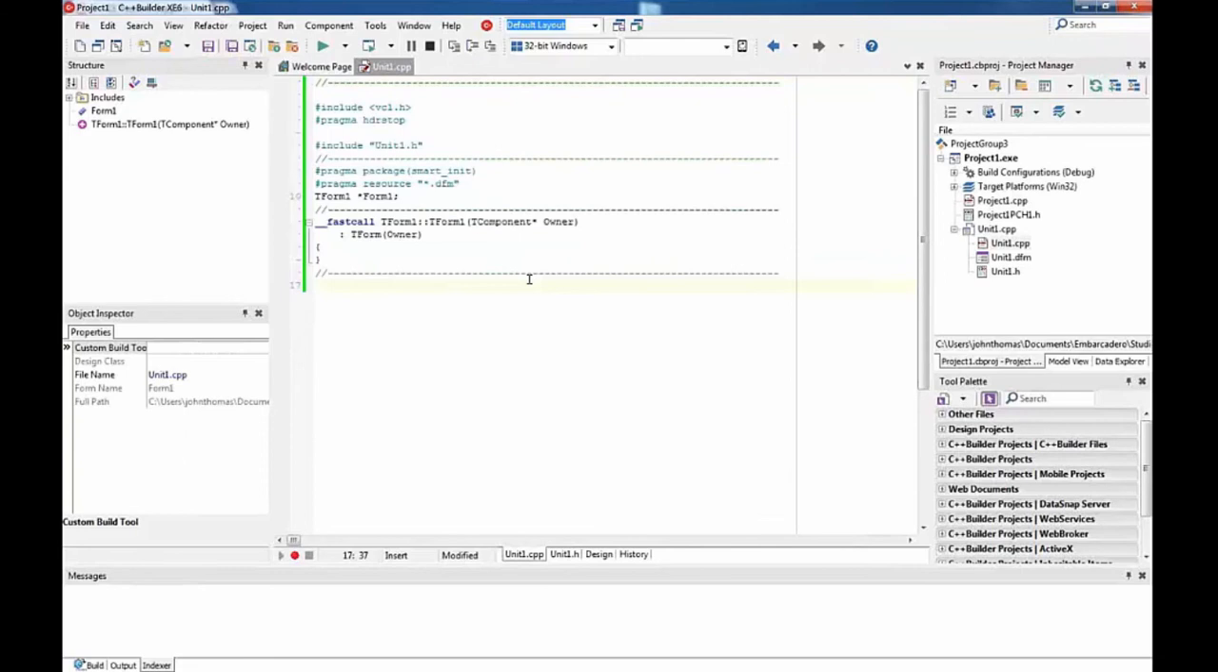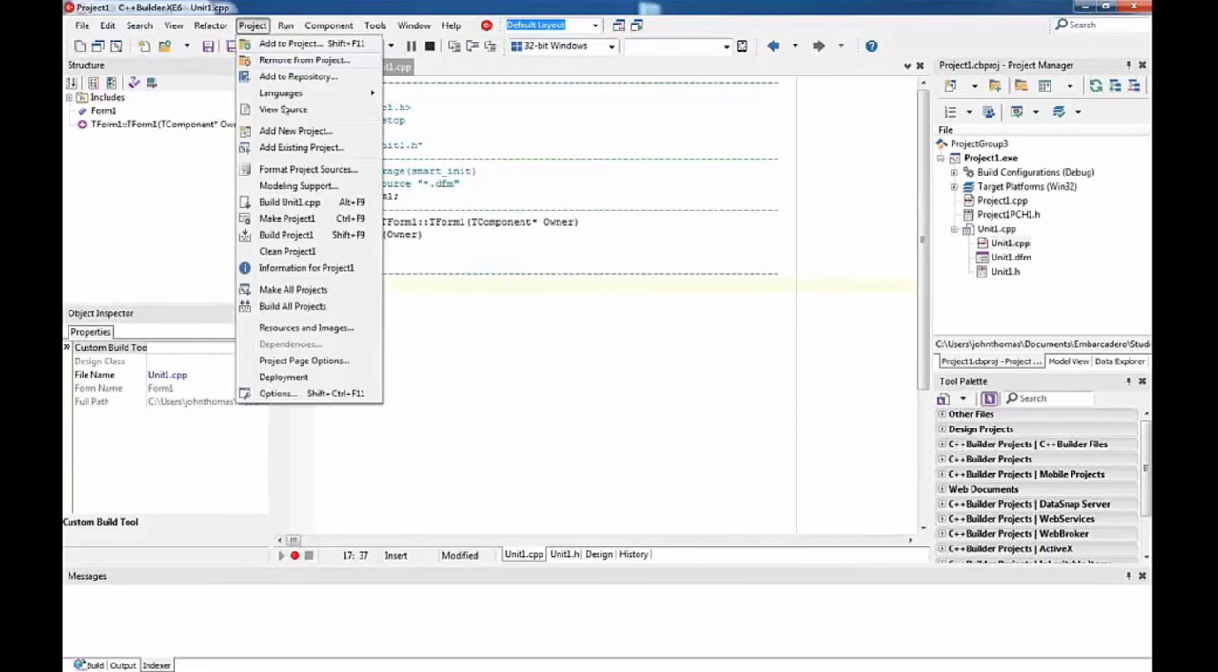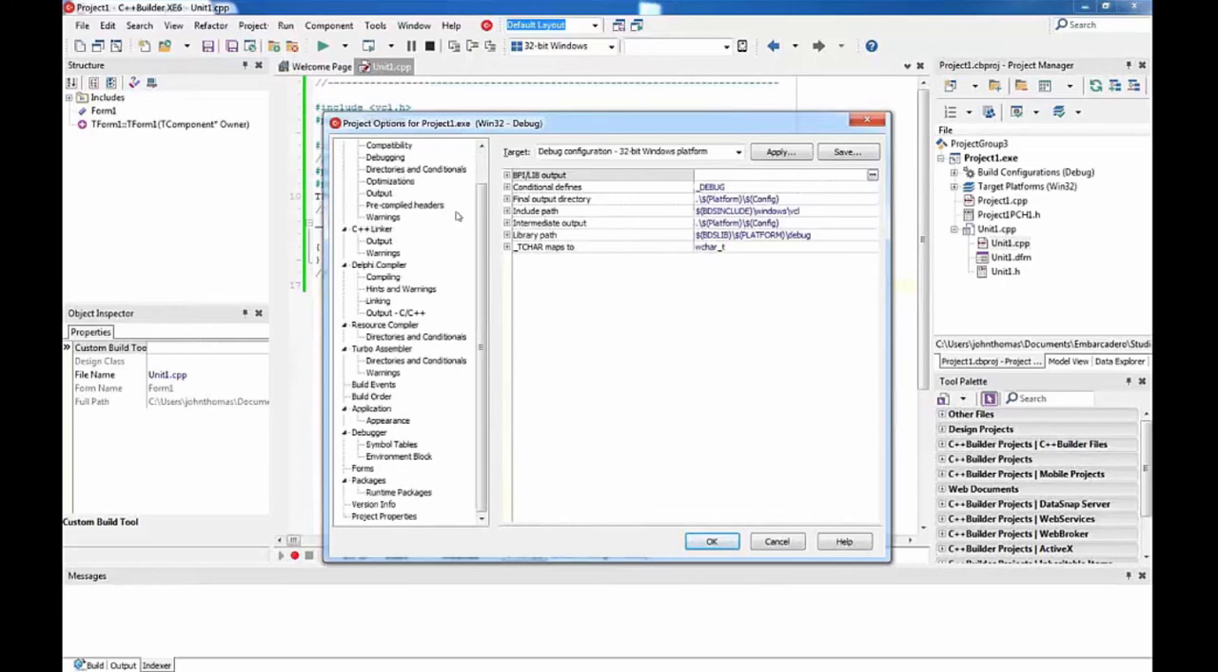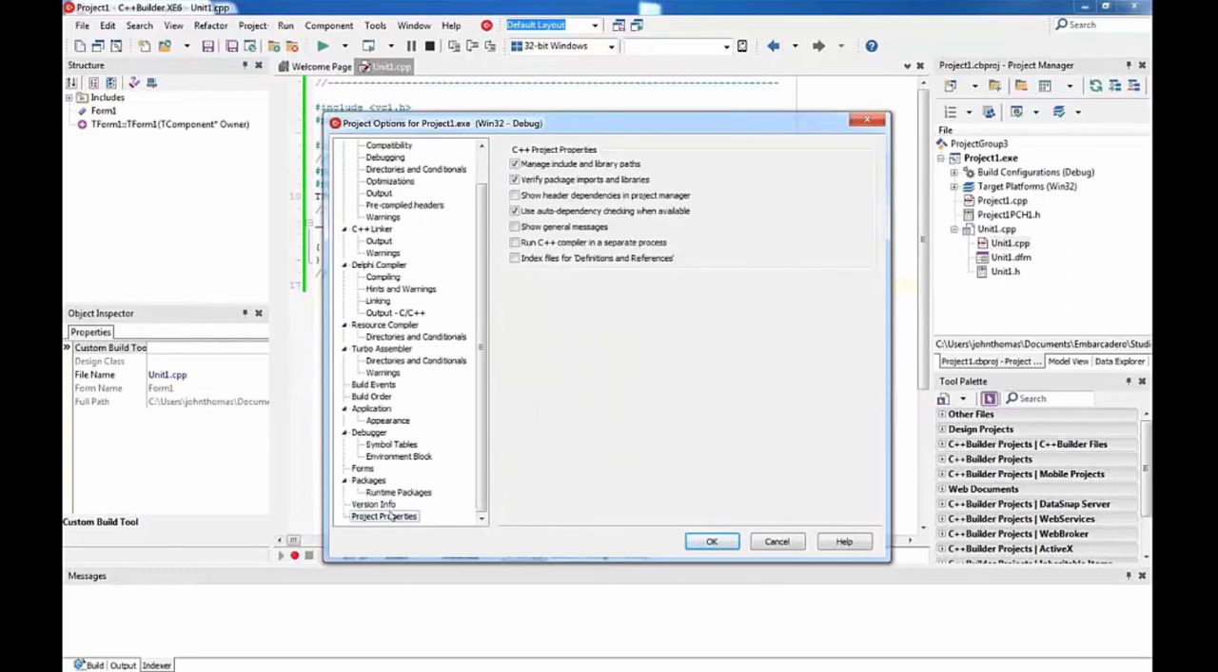So just to show you how the features work, we'll work with this really basic example to start with. The first thing you have to do is enable the indexer. That's found in project options, and it is actually found down here in the project properties. By turning on the index files for definitions and references, we will kick off that indexing process so that we can find all the symbols in our code and in any of the include files that we have included